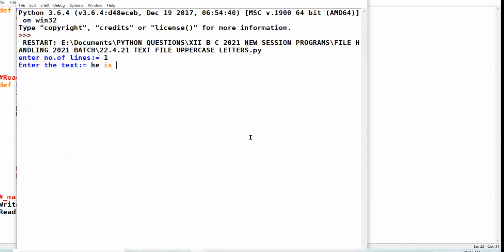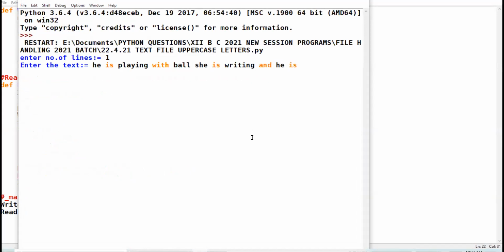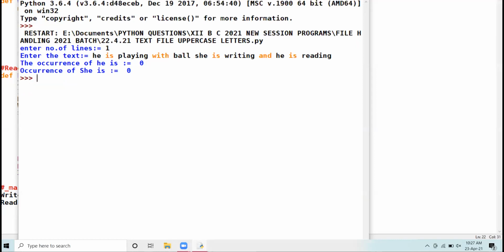He is playing with ball. She is writing and he is reading. Okay, it's giving 0 result.